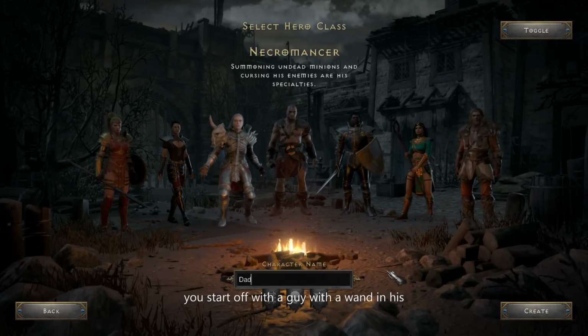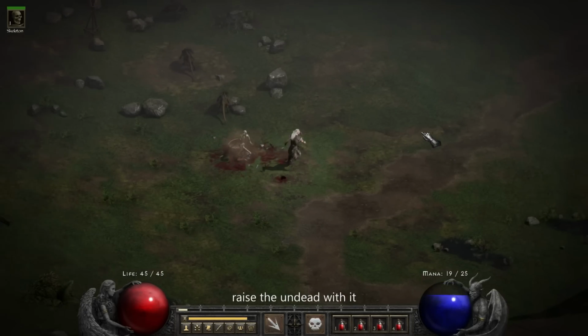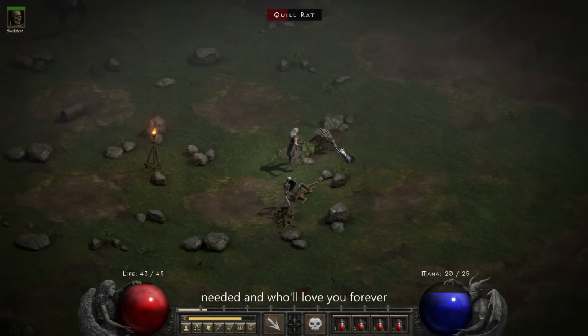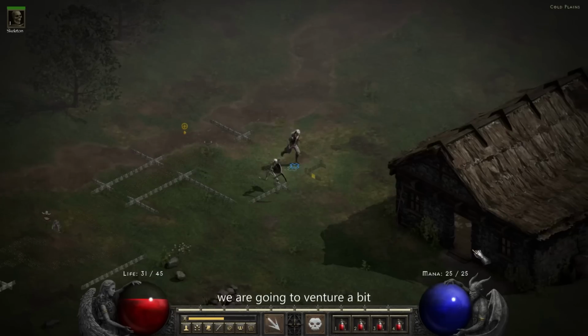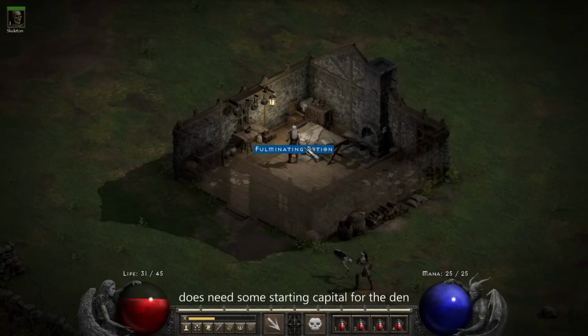You start off with a guy with a wand in his hand and you gotta follow your instincts. Raise the undead with it. Once you do, you'll have a friend with you that you never knew you needed and will love you forever. However, since no one can name one instance when love bought their clothes, we are going to venture a bit farther than normal to secure the items to sell for gold, since this guy does need some starting capital for